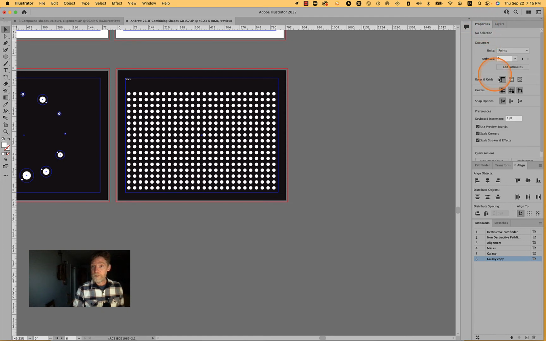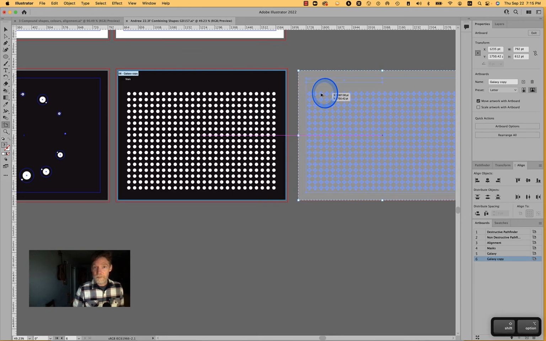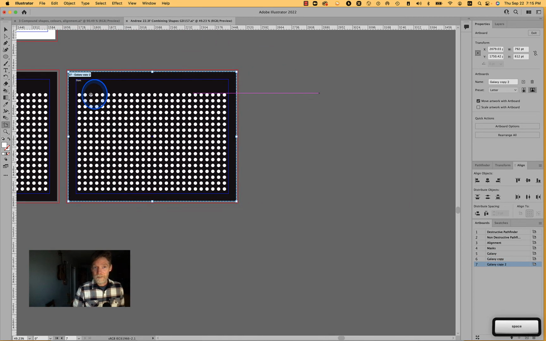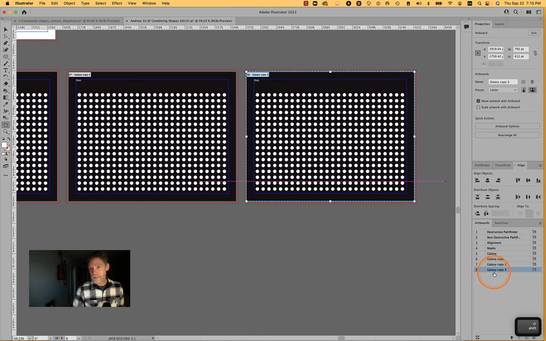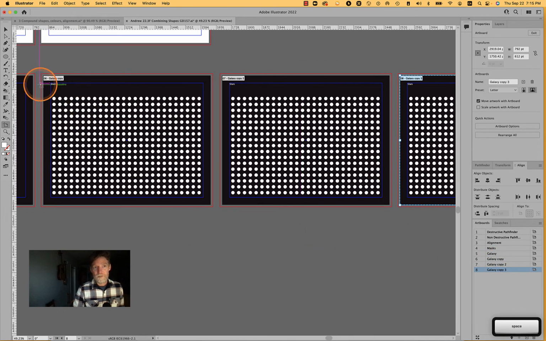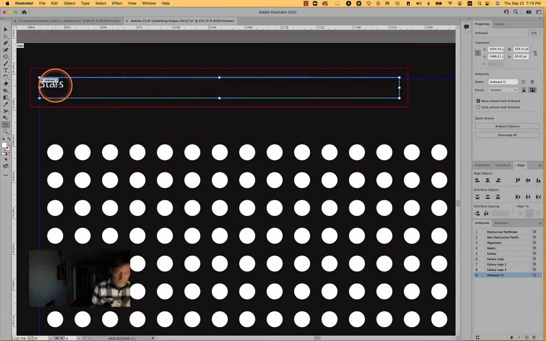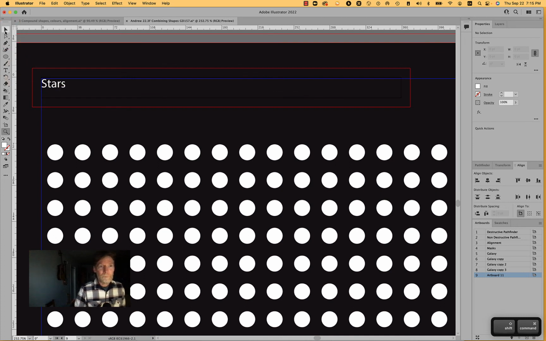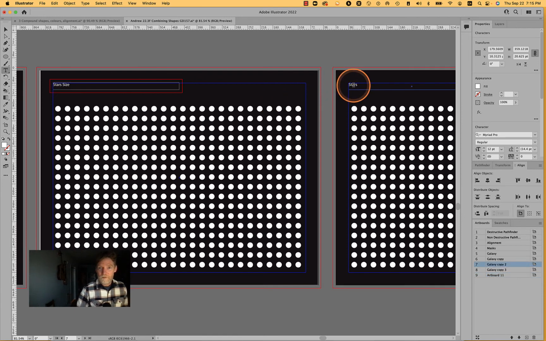I'm going to unlock this because we're going to make 3 copies. Switch to my Artboard tool, and this is going to be just because the pattern that you get out of this is actually very beautiful. So it's good to have. So here we're going to call this stars. Take my type tool, click in here, and call this stars size, and call this stars horizontal,